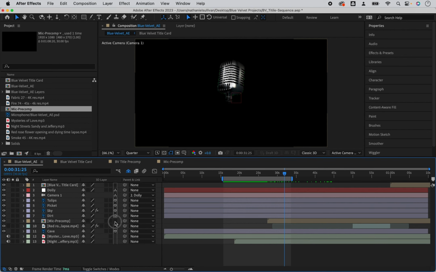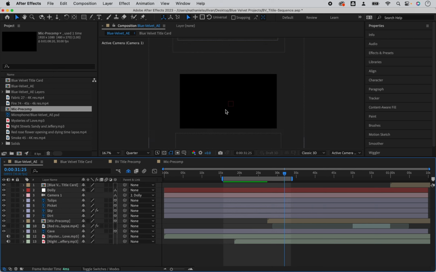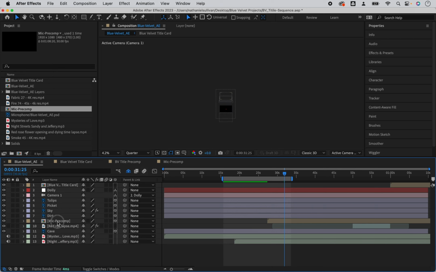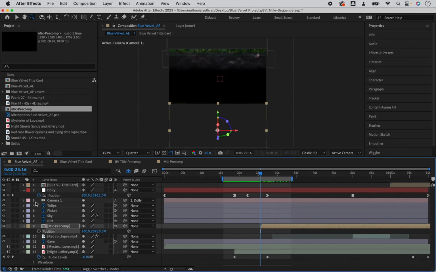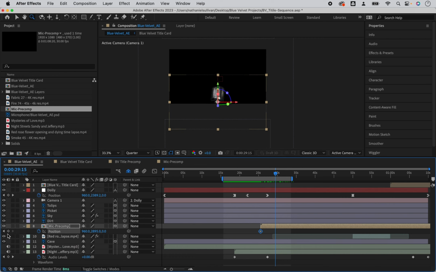As soon as you make something 3D, it ends up at the top, in the starting frame. Let's move the mic down to just below the frame as we pass the dirt. I will make a keyframe on the position line. Then I'll move the playhead forward and make another keyframe. First, I'll change the Z position so it appears to be moving away from us.